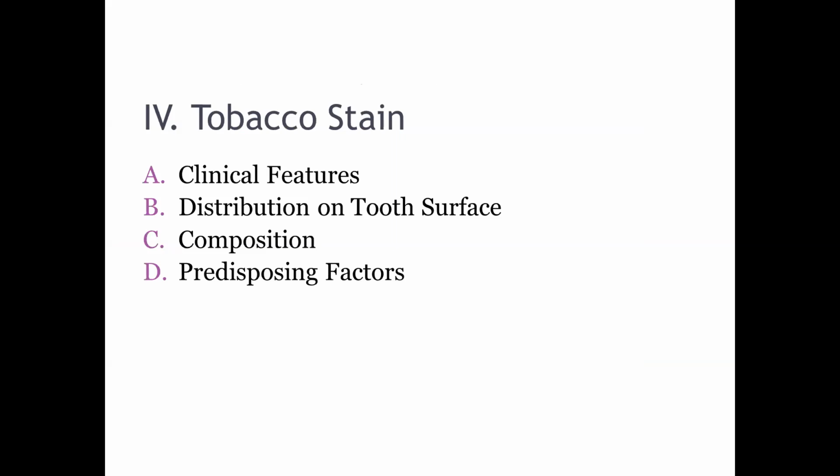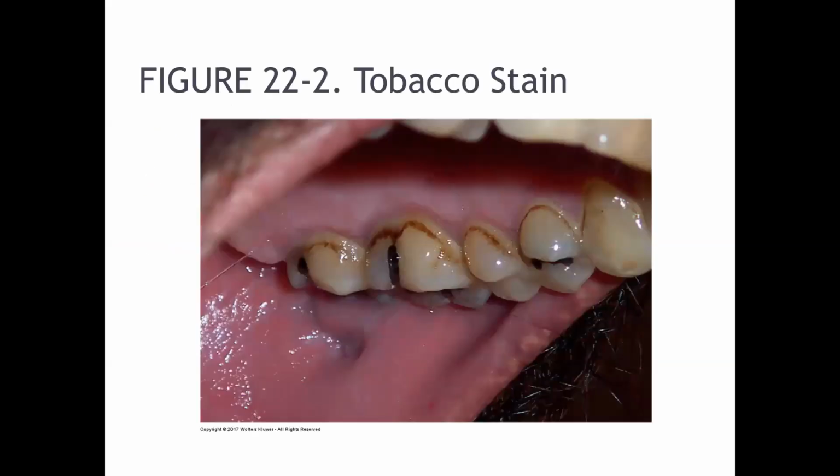And then we've got our tobacco stain. It can be light brown to dark, leathery brown, or black. The shape, it can be diffuse staining of the biofilm. It can be a narrow band that follows the contour of the gingival crest slightly above the crest, so similar to black line stain. It can be a wide, firm, tar-like band that covers the cervical third and extends to the central third